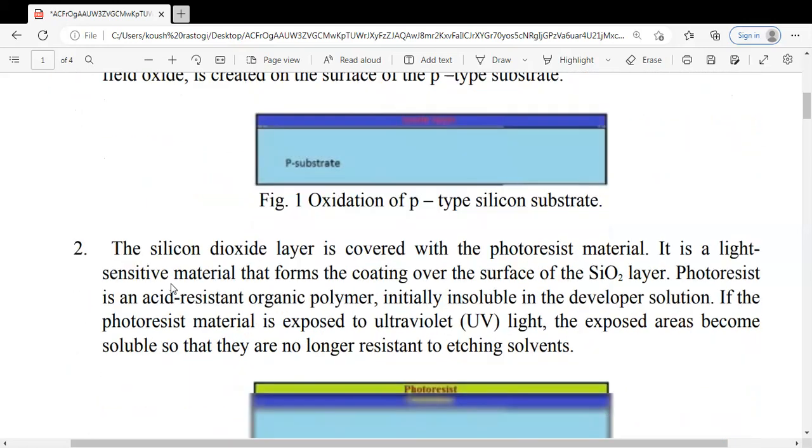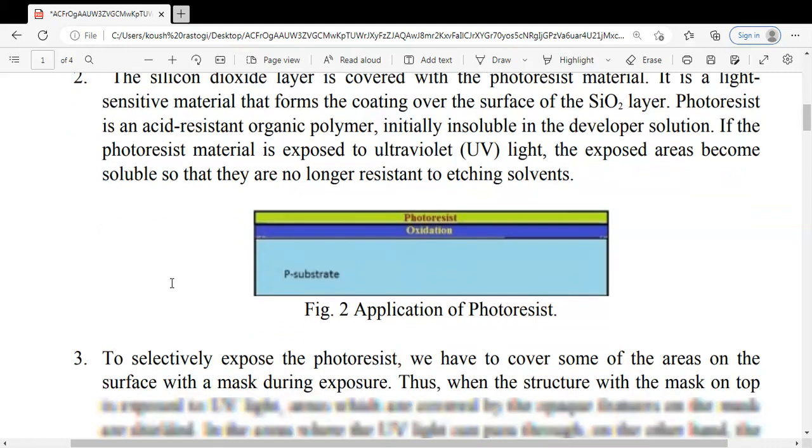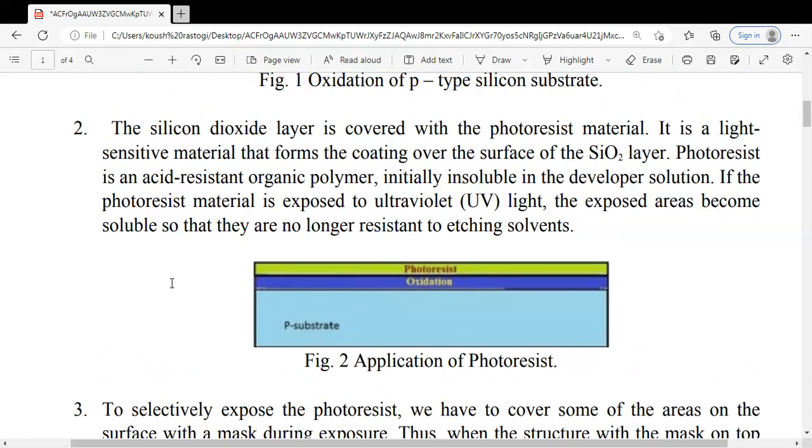This photoresist is initially insoluble in the developer solution, but if it is exposed to UV light, the exposed areas become soluble, so they are no longer resistant to solvents. So we will selectively expose the photoresist and the exposed areas will be soluble.